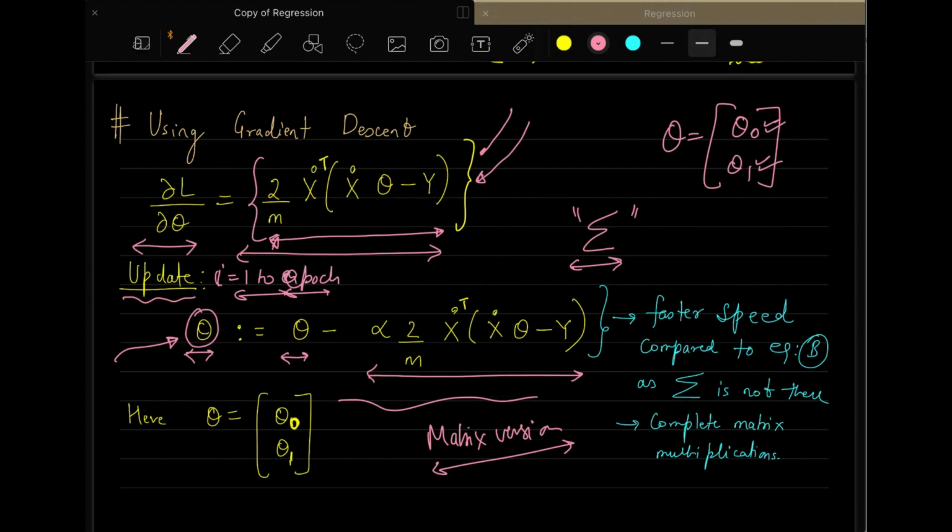And the other important thing that I wanted to tell, I missed it out here, but that was important. First of all, there is no matrix inversion here. You can see that there is nothing like inversion taking place. It's just taking a transpose and multiplying with the x theta minus y, and there is no summation. That's why it's a very fast implementation of gradient descent in matrix format.